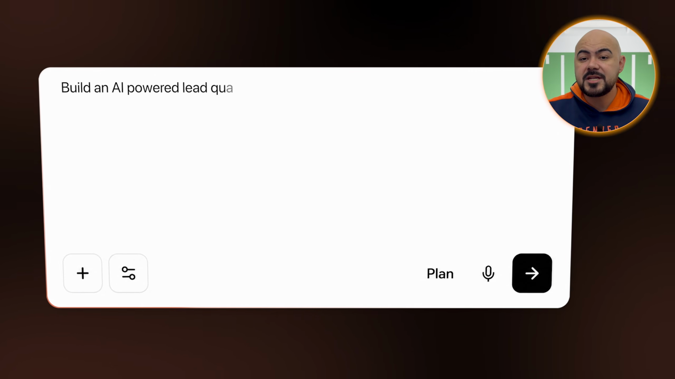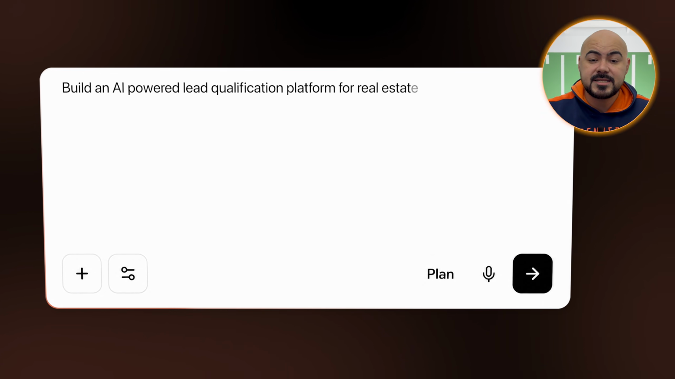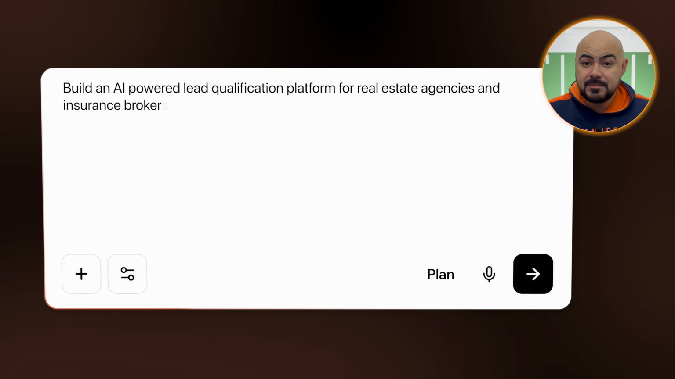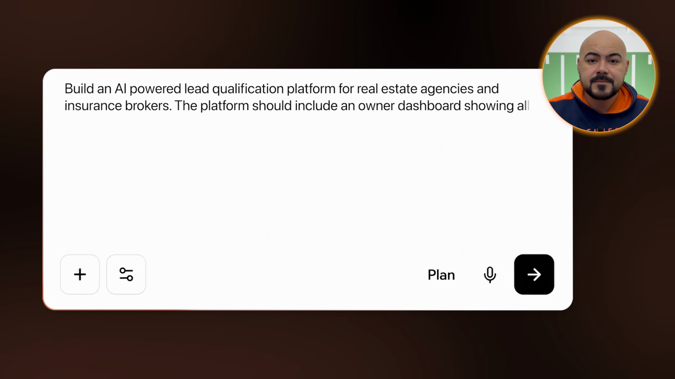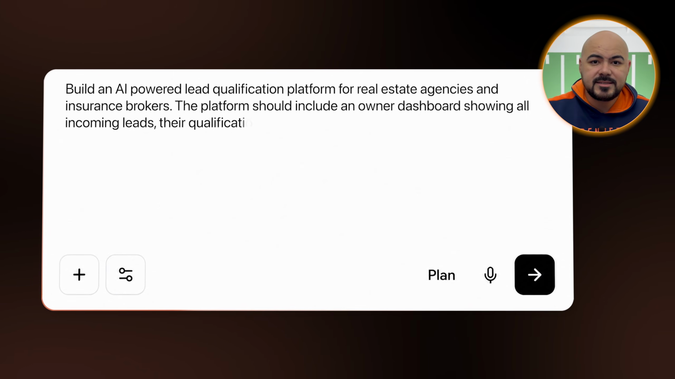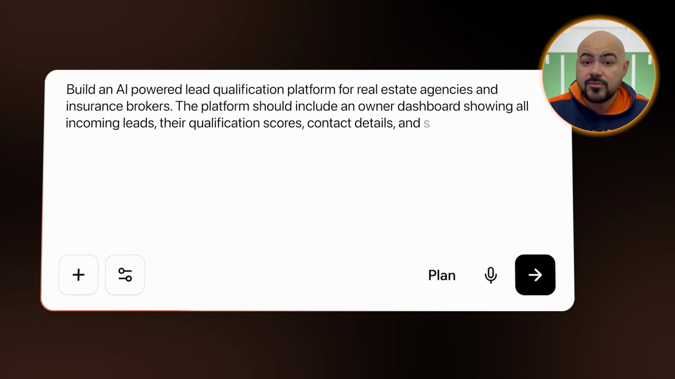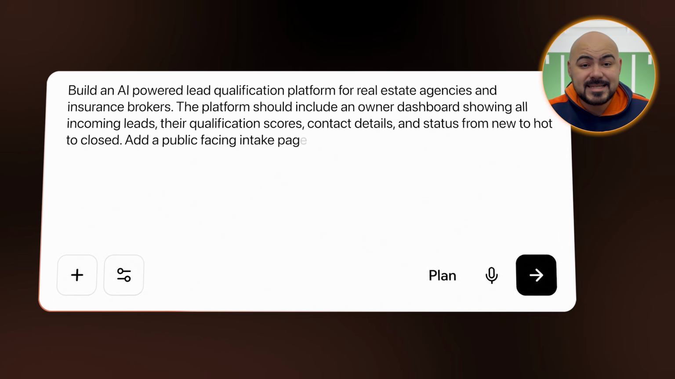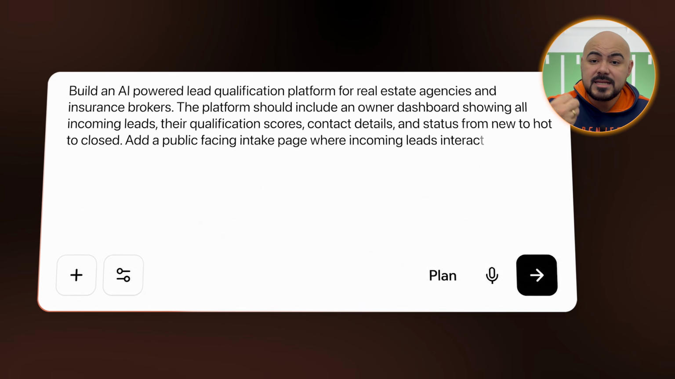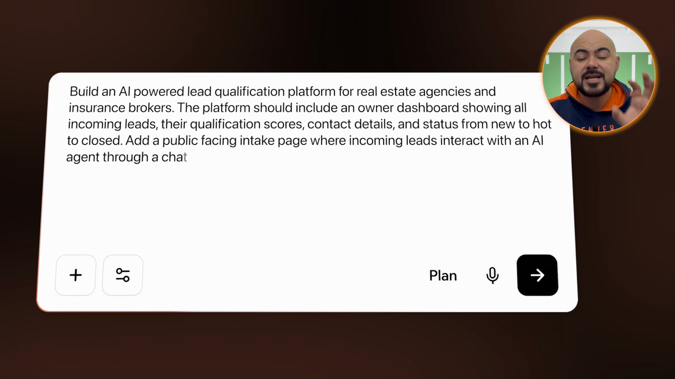Here's the full prompt. Build an AI-powered lead qualification platform for real estate agencies and insurance brokers. The platform should include an owner dashboard showing all incoming leads, their qualification scores, contact details, and status from new to hot to closed. Add a public-facing intake page where incoming leads interact with an AI agent through a chat